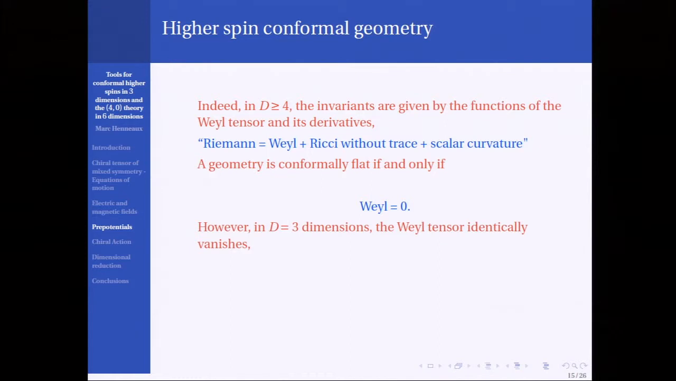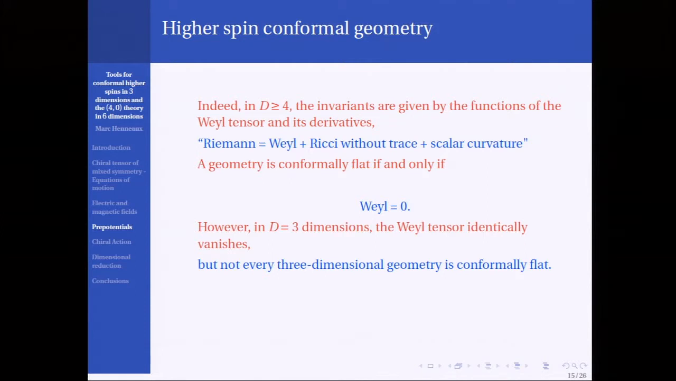However, that means in this case that if the Weyl tensor is equal to 0, the symmetric tensor can be written as pure gauge, so it's a sum of a linearized diffeomorphism plus a linearized Weyl transformation. However, in D equals 3 dimensions, the Weyl tensor identically vanishes, so the Riemann is equivalent to the Ricci, or to the Einstein tensor, which is the same. But even though the Weyl tensor identically vanishes,